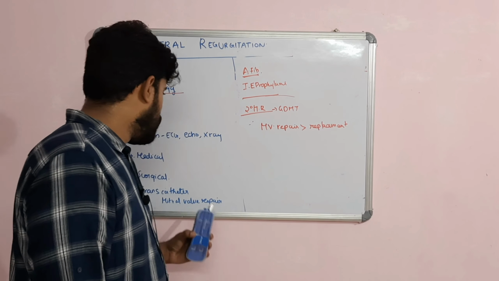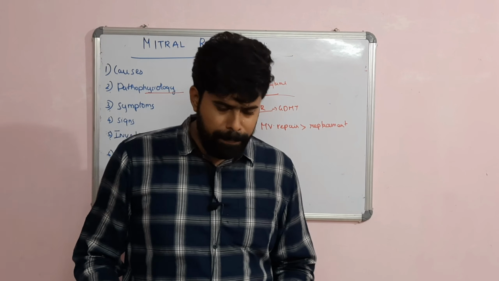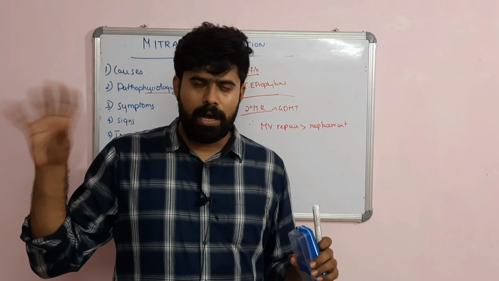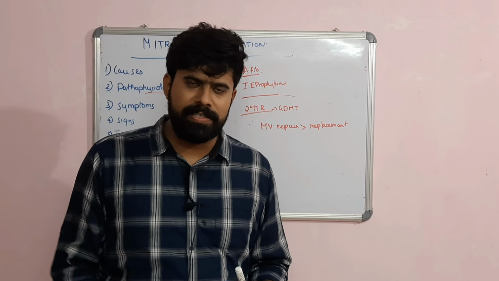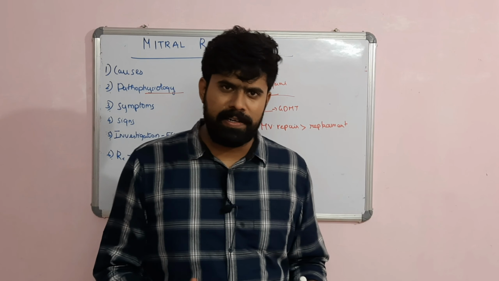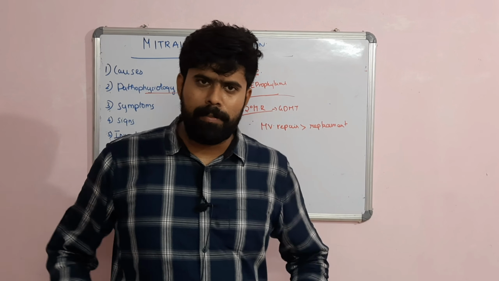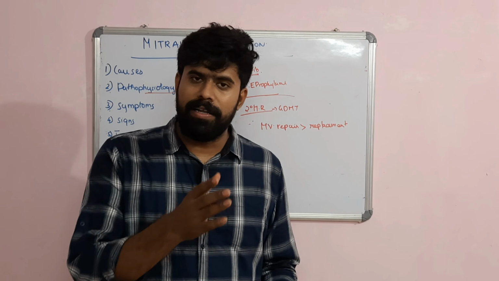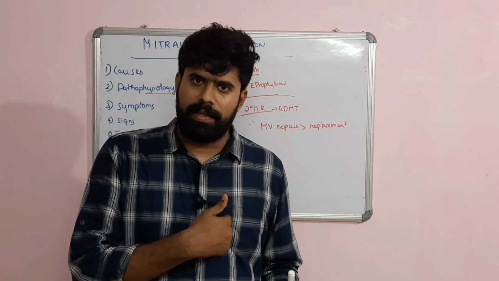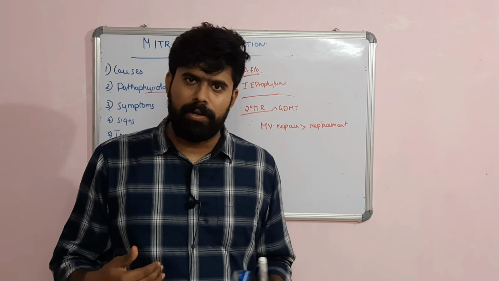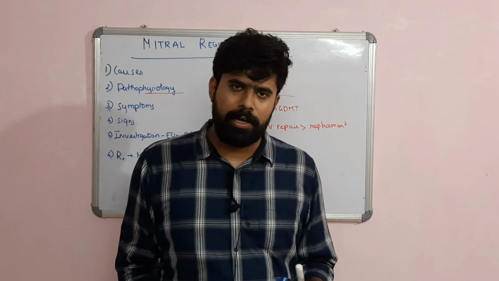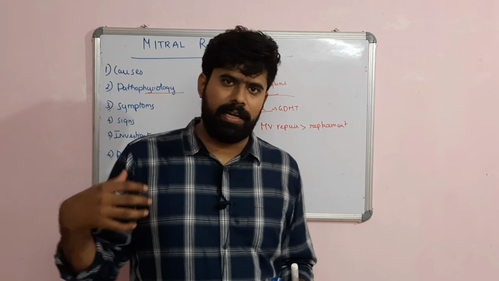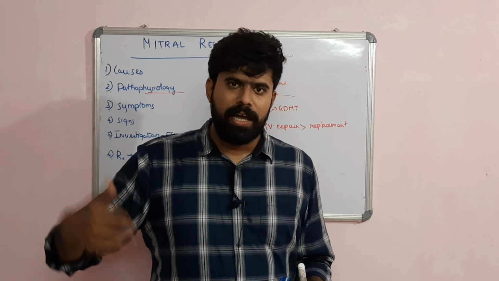Now, summing up. There are two groups: acute MR and chronic MR. Acute MR follows an MI or infective endocarditis, with the patient presenting with sudden onset breathlessness, palpitation, and an acute pulmonary edema-like presentation, with an early systolic murmur in the mitral area and hypotension. Then you have to take an echo, identify it as acute MR, and then the patient should be given diuretics and nitroprusside and taken for surgery.